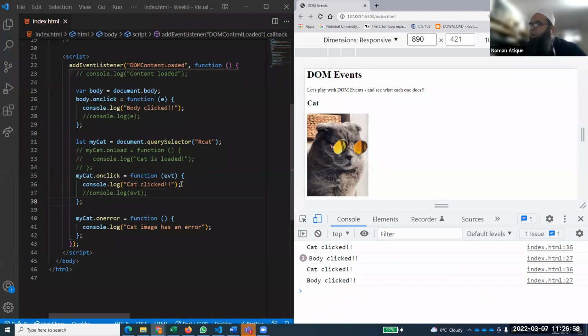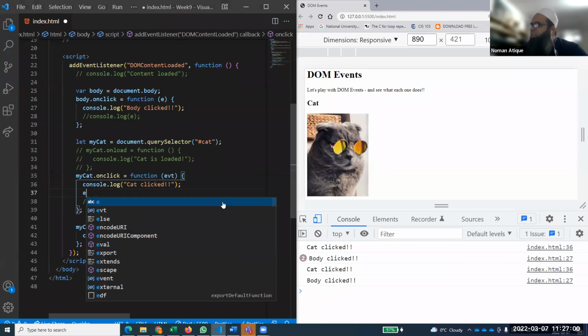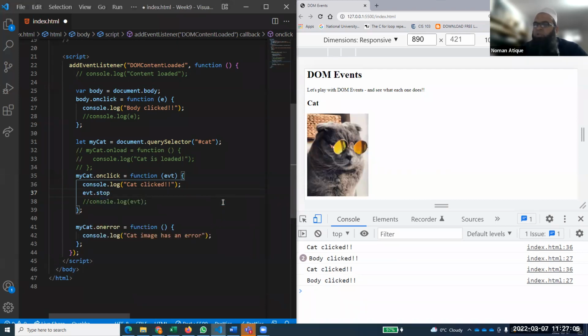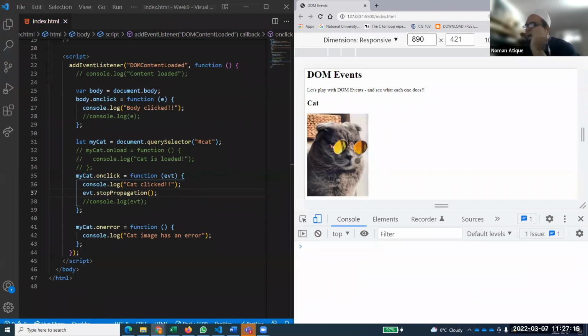If you want to stop that propagation, there is a function for that. We say event EVT dot stopPropagation. And by the way, this does not come automatically. Stop propagation. Now see what will happen. I would give a break after that, because yes, we are recording. I thought we had stopped recording. Now, if I click on this cat,